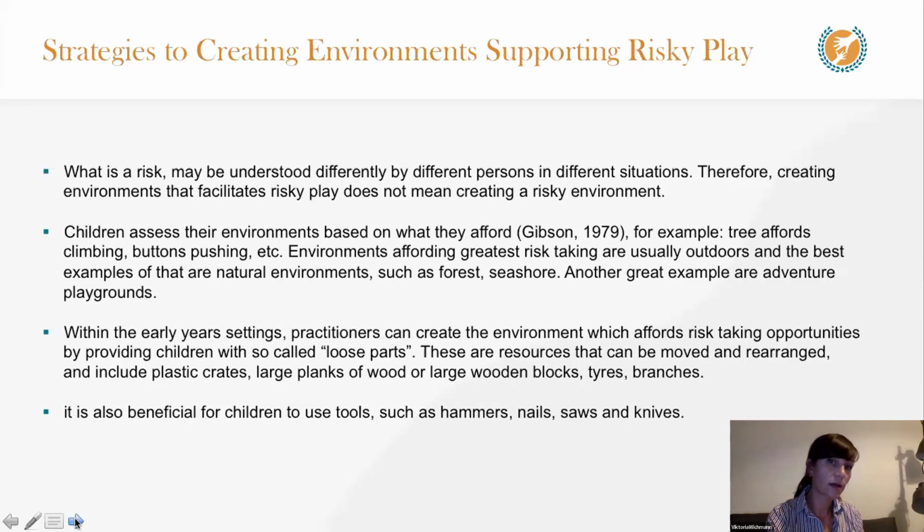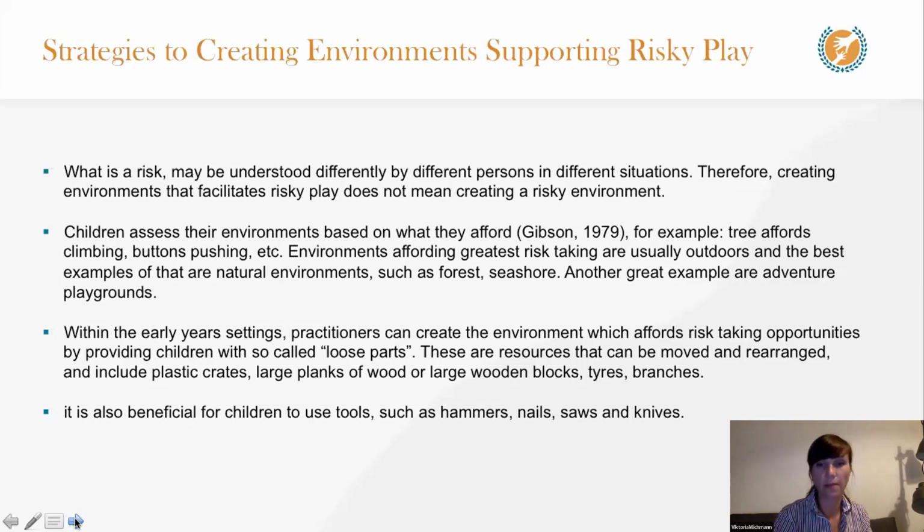So these are some strategies, and obviously this is just the tip of the iceberg, because every setting is different and every space is different, and what can be achieved in different spaces is obviously a very individual thing. But I think it's more about the mindset.